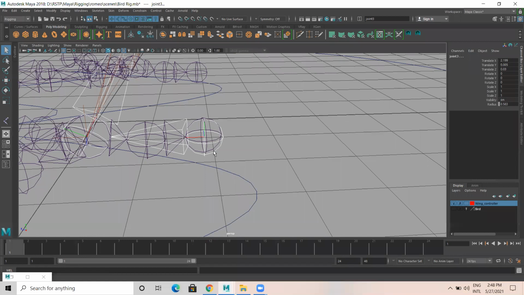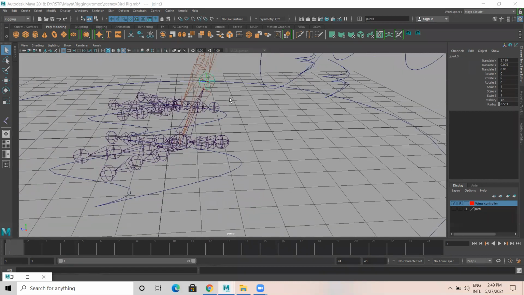Then I select this and rename: LT_reverse_heel, ball, ankle.